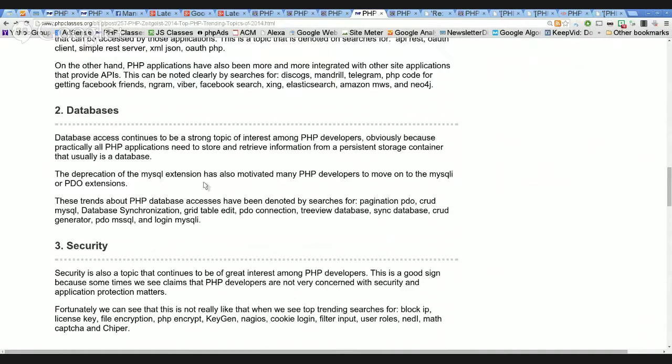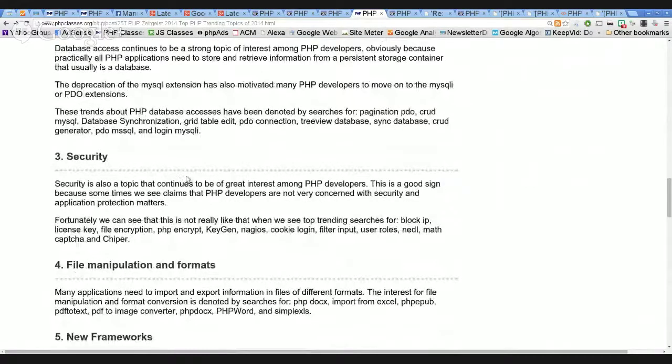So in future PHP versions, developers will not have access to the old MySQL extension, so they need to update their code to move on to MySQLi and PDO. Security also continues to be a very important topic,